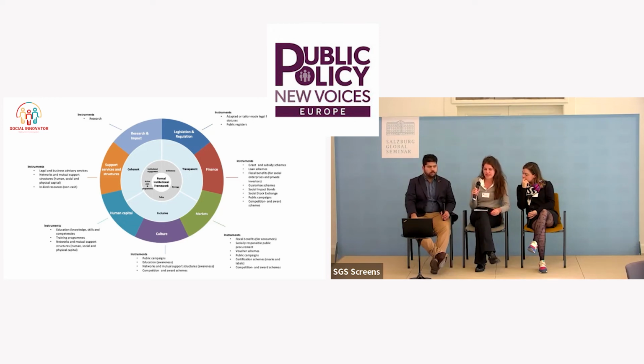Important when we start to design is to first benchmark the existing ecosystem. You need to gather data, because if you don't know what the barriers are in your specific context, the policy won't be effective. It is then also important to account for all of those different dimensions, as they are interconnected and interrelated. If you just focus on finance, but fail to address human capital, your policy will not be effective. When looking at the design of the individual instruments, it's important to also take into account the different needs that social entrepreneurs have throughout different stages of this innovation process.